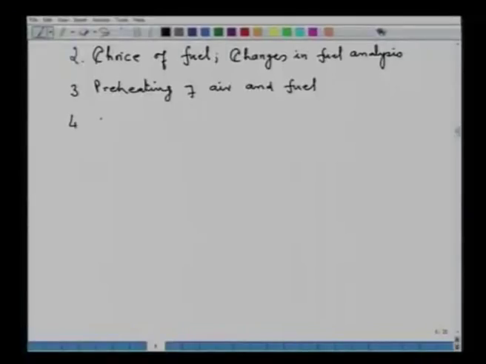Fourth factor is moisture of air and fuel. Now, moisture of the air or fuel will increase the fuel consumption, because whatever amount of moisture will be there, it will take away the heat to the process critical temperature. So, that means increase in the moisture content of air or fuel will increase the fuel consumption, or other way, it will decrease the gross available heat into the furnace.